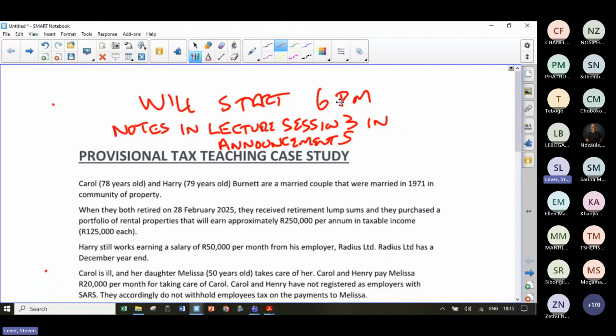Let's just take a step back. This is the last lecture that we've got before you write your third test. So let's just unpack what you should be expecting. The questions have not been set for the test, but as you've seen, there's always going to be a number crunch component within a test.